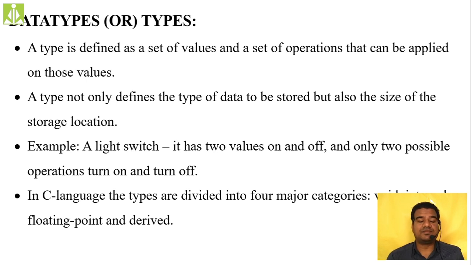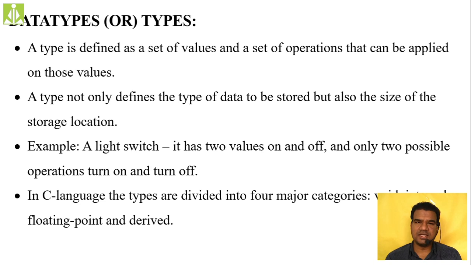So yeah, the example, if you see over here, a light switch. A simple example, a light switch. Whenever we see an electric switch, it can be in any of the two states, isn't it? You can put that switch either in on state or in off state. Only two things, isn't it? There is no intermediate state we have over here. It can be either in on state or in off state.